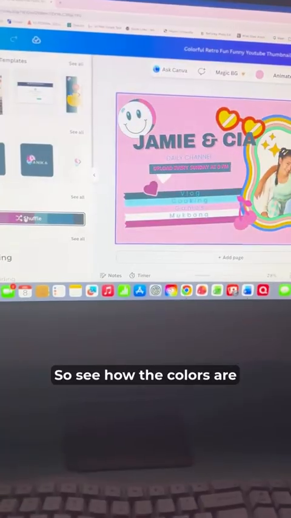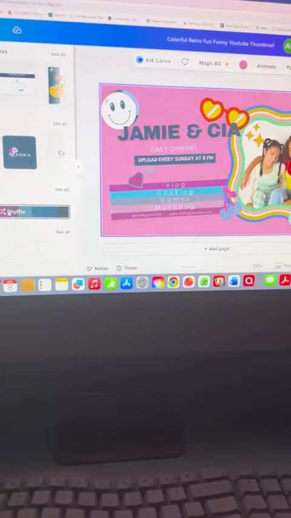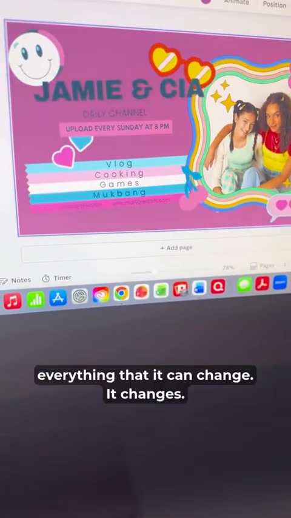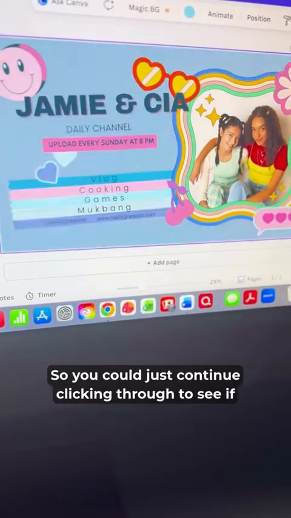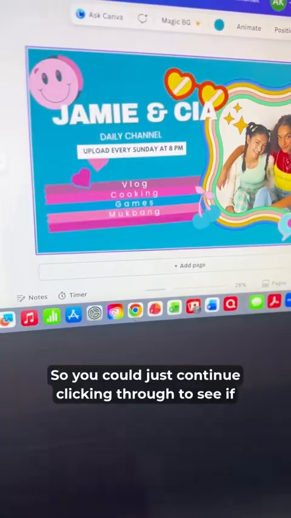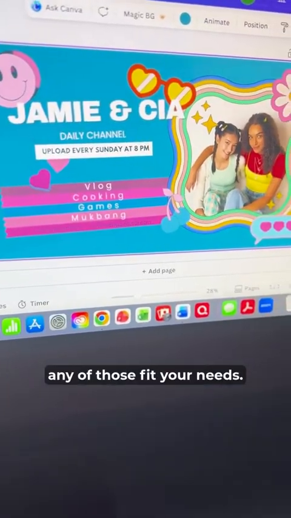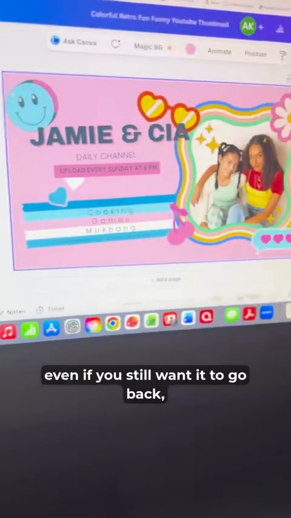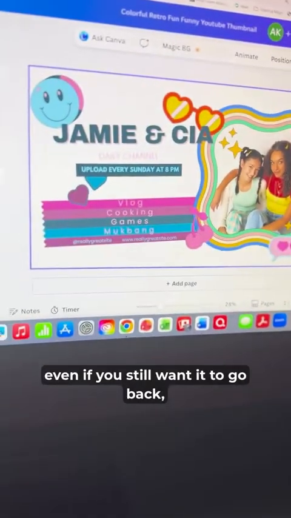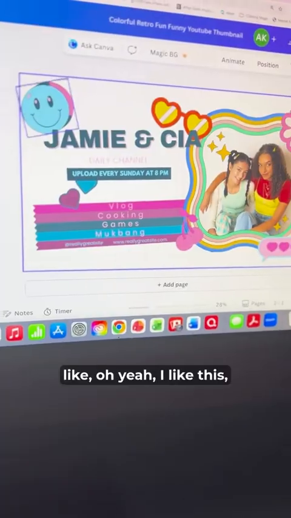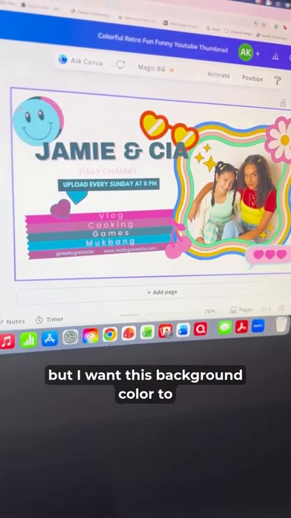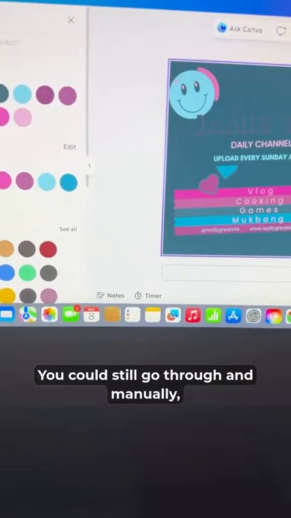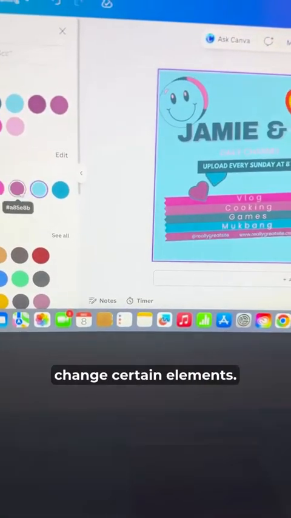So see how the colors are changing. Everything that it can change, it changes. So you could just continue clicking through to see if any of those fit your needs. And then once you click through using shuffle, even if you still wanted to go back, like, oh yeah, I like this, but I want this background color to be different, you could still go through and manually change certain